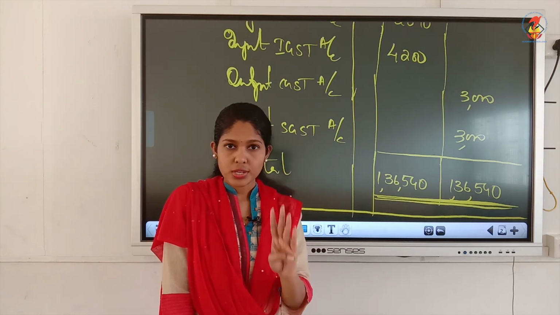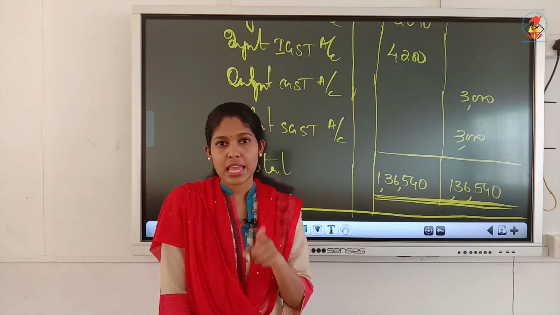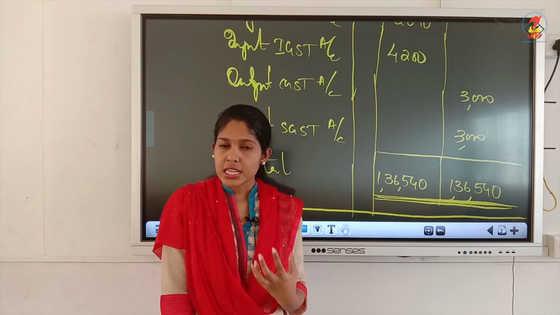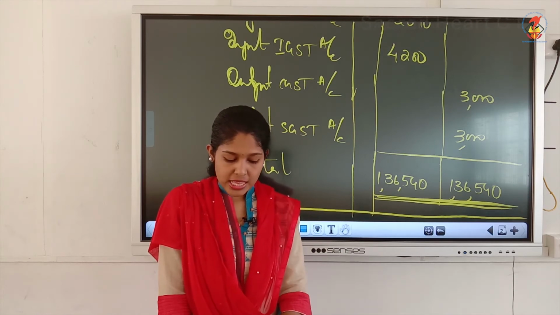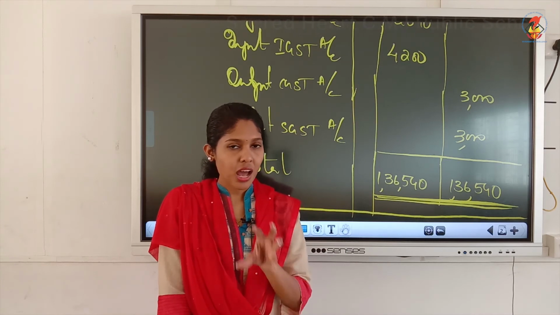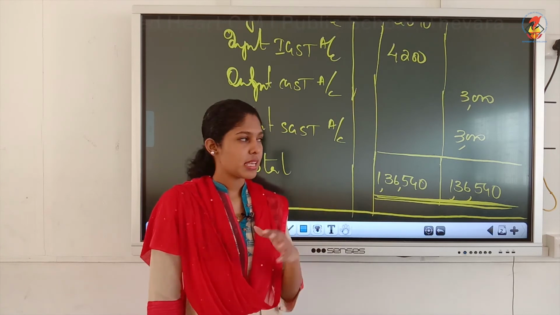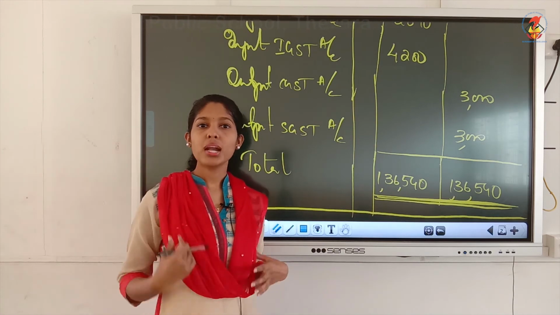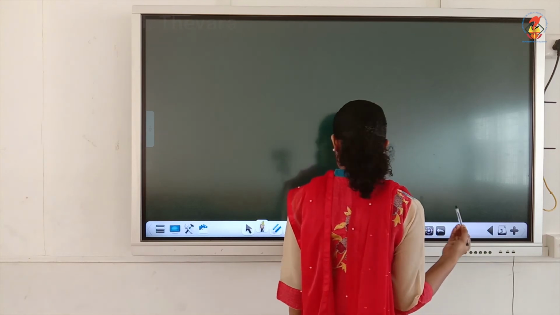So, this discount received, is it an asset? No. Receivable means asset. Received is always an income. And incomes will always have which balance? A credit balance, whereas this is written under debit balance. That means there are mistakes in this trial balance. We have to correct those mistakes. That means we have to redraft or redraw the trial balance.